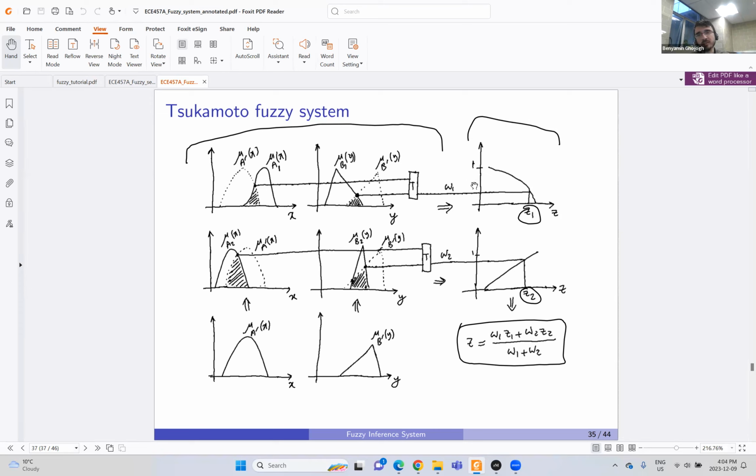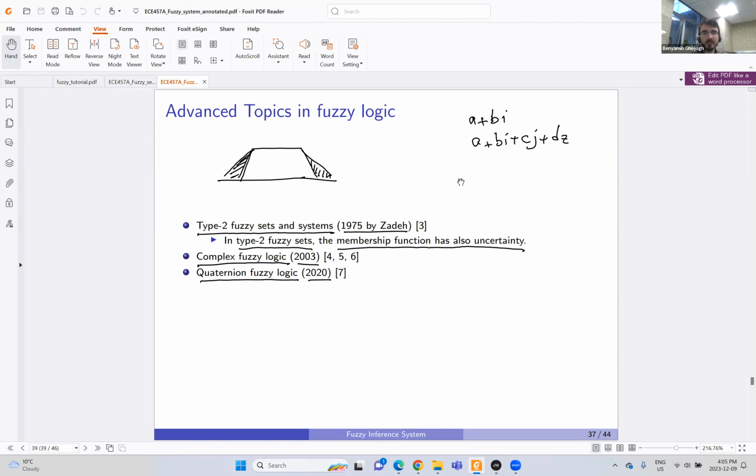Otherwise, for one membership value, we might have several input values, right? And the inverse of the membership function is crisp itself. Then we calculate the weighted average of the crisp outputs. What are the weights? The firing strengths, W1, W2. Then we talked about advanced topics in fuzzy logic, such as type 2, complex fuzzy logic, quaternion fuzzy